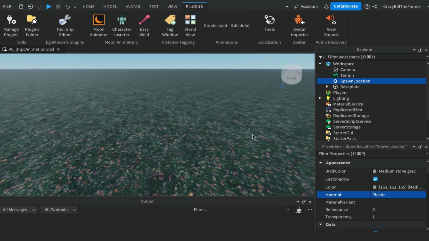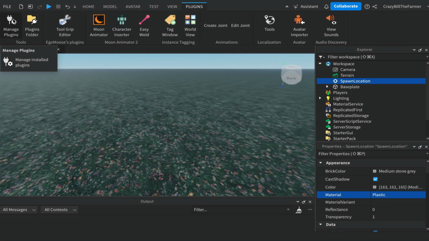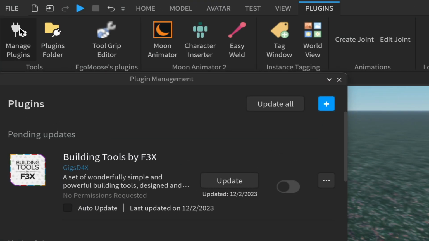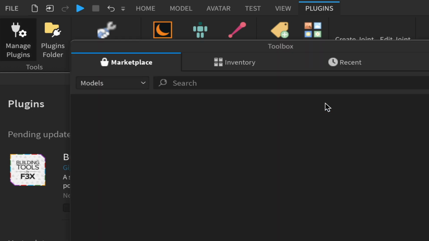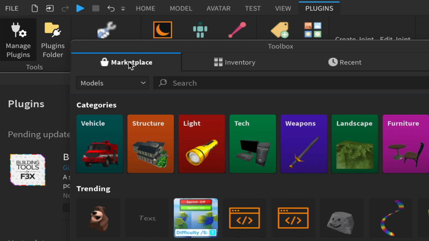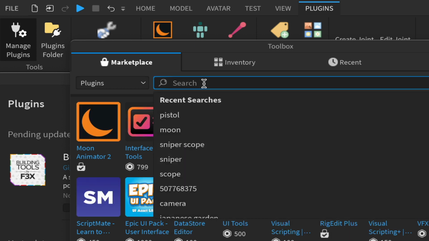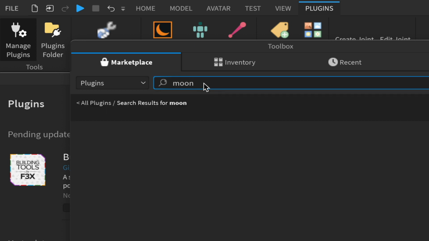So if you do not have Moon Animator 2, I'm on Plugins up the top here, and you can see I've got these three tools under Moon Animator 2. However, if you do not have it, come over to Manage Plugins and left click on it. And you should see the plus button here. So go ahead and click on the plus button, which will bring up this window for our toolbox, and you should be in Marketplace, and directly under that you'll see a drop down menu. If you click on that and click on Plugins and then type in the word Moon to search,